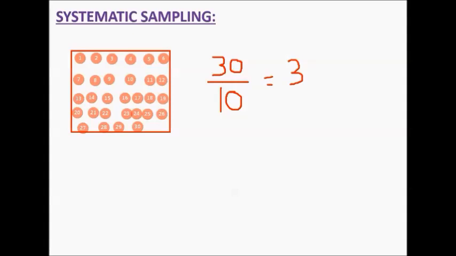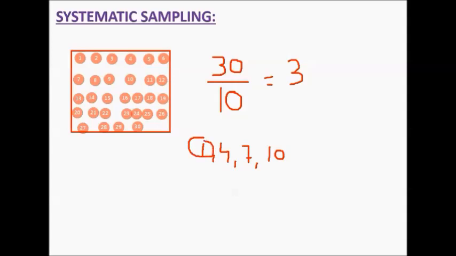Starting point could be anything. It could be 1. If you are selecting 1, then you will have to select the third element, that is, 2, 3 and 4. Next element will be 4. Then next element, 5, 6, 7. Next element will be 7. Then next element will be 10. And so on you have to select. It all depends on your starting point.